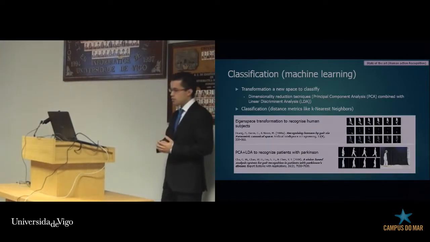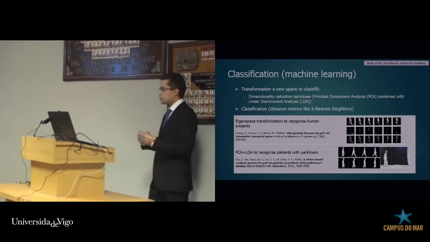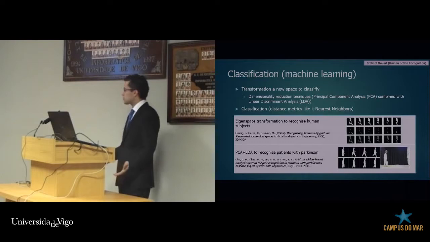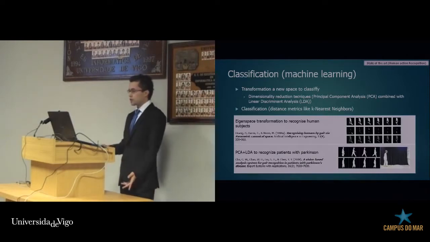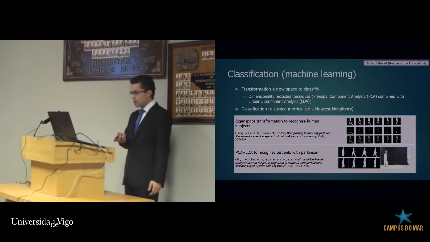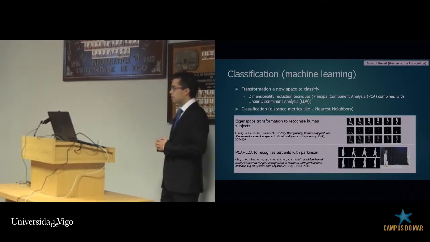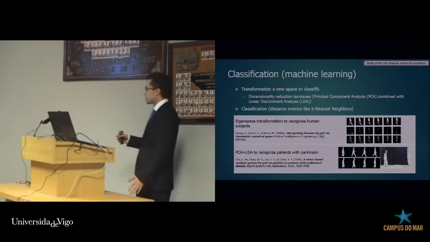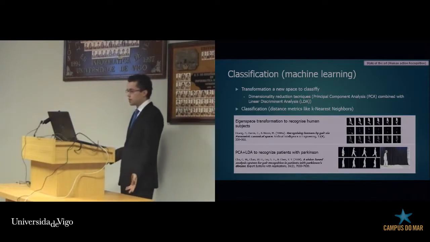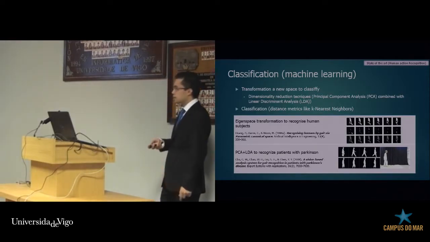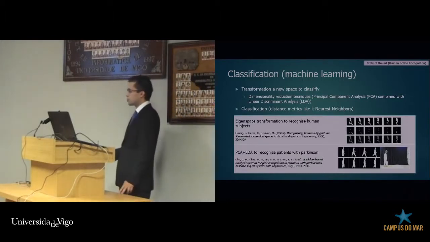So perfect. Now with these spatio-temporal representations we can accentuate your movements, but now you have to classify. You need to classify different human actions, so you need machine learning. For that, the paper of Huang in 1999 was a really good paper, because they can recognize different subjects, different humans, by their gaits, by the way they were walking. So it's really interesting, and they use dimensionality reduction techniques to create a new space and work in it.